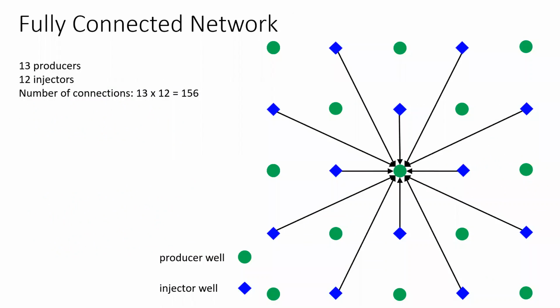Now let's consider this case where we have 13 producers and 12 injectors, and all of the producers are connected to all of the injectors. So we have in total 156 connections. The problem here, though, is that